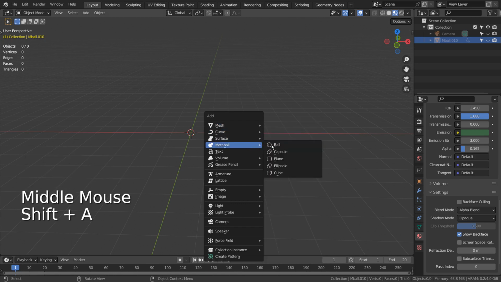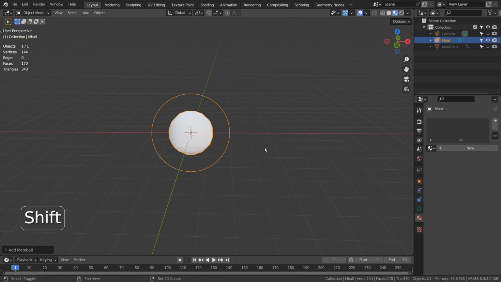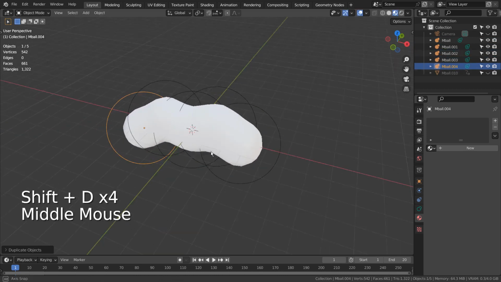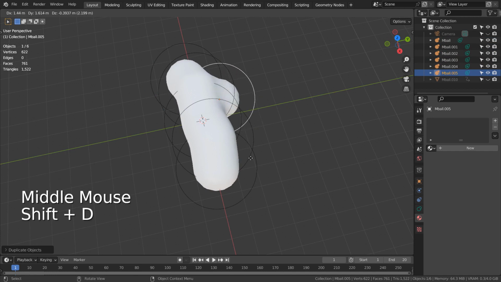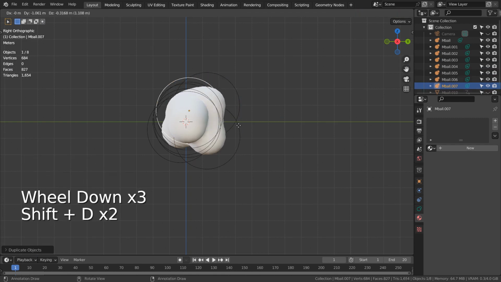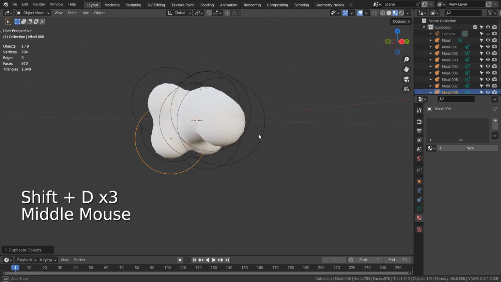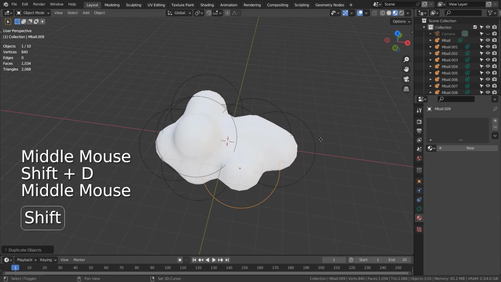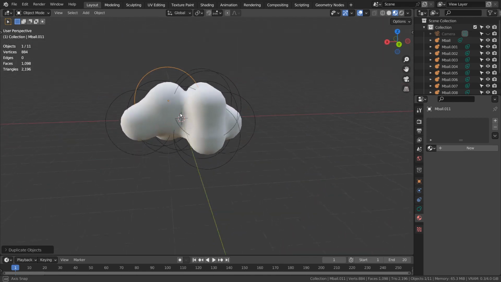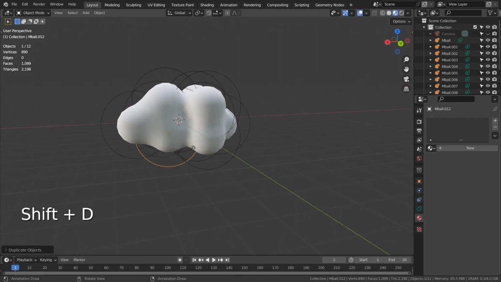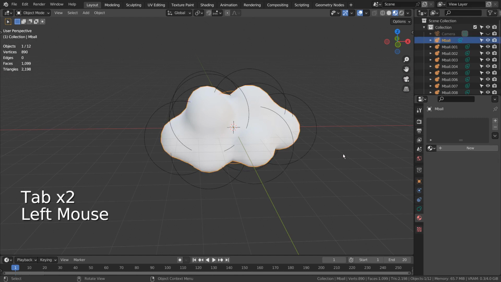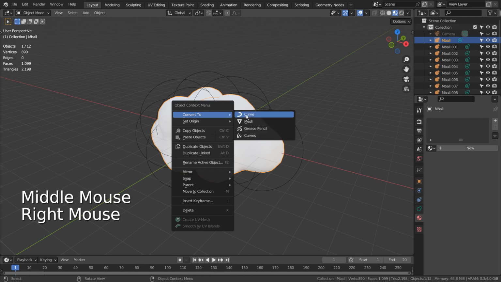Shift-D to duplicate them like this. Let's convert them to mesh, and I'll show you the material details.